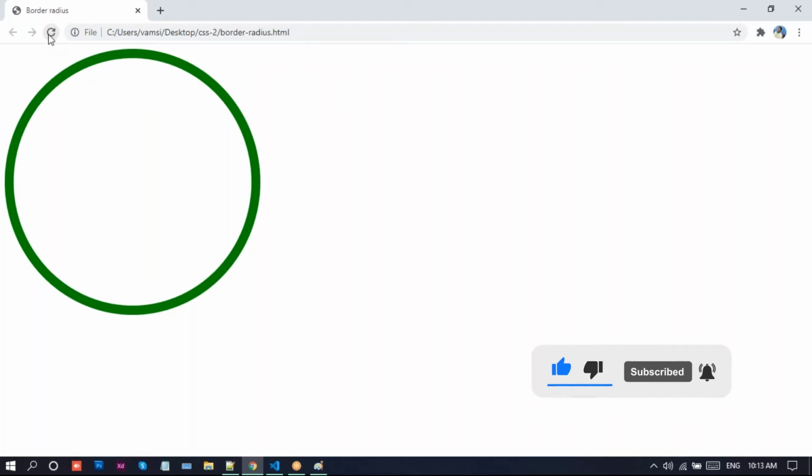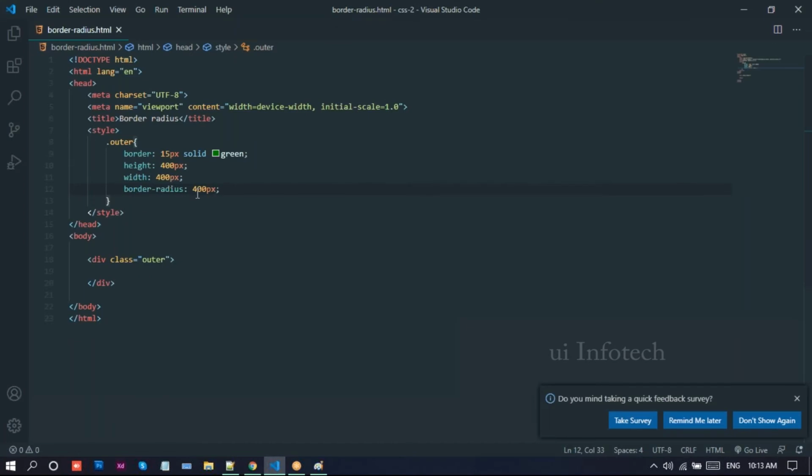What will happen? Reload this page. Or else I'll do one thing, 100 pixels. Now look at this one. For all sides, we'll get these rounded corners.